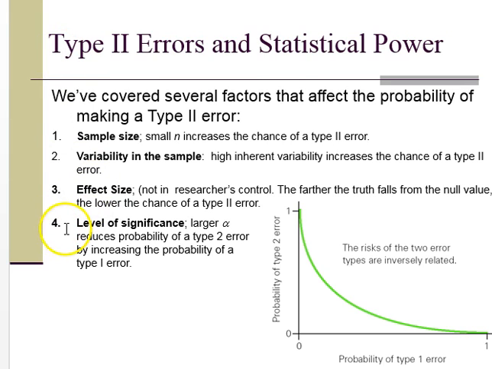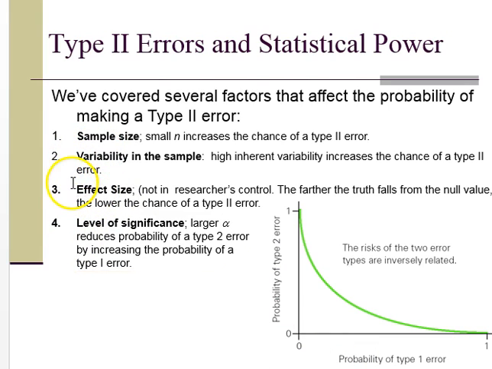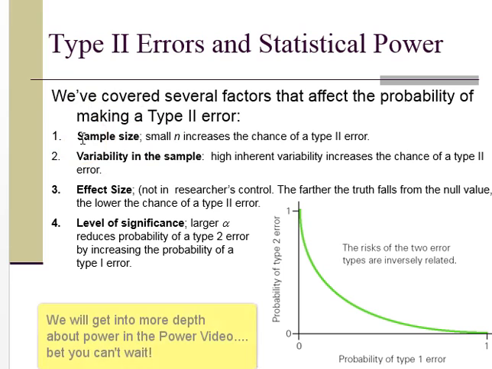And then again, this last one, this level of significance, if we alter that, that's directly going to change the power of our test automatically. So really, these two are the ones that are associated with the population inherently. We don't have a lot of control about that. We can control this, but if we reduce our chance of type 1, we're increasing our chance of type 2. So we try not to play with those. And then really it all comes down to our sample size. If we can increase our sample size to up our power, we just do that. If we can't, and we know we have to stick with that smaller sample size, that's when we might have to adjust our level of significance.